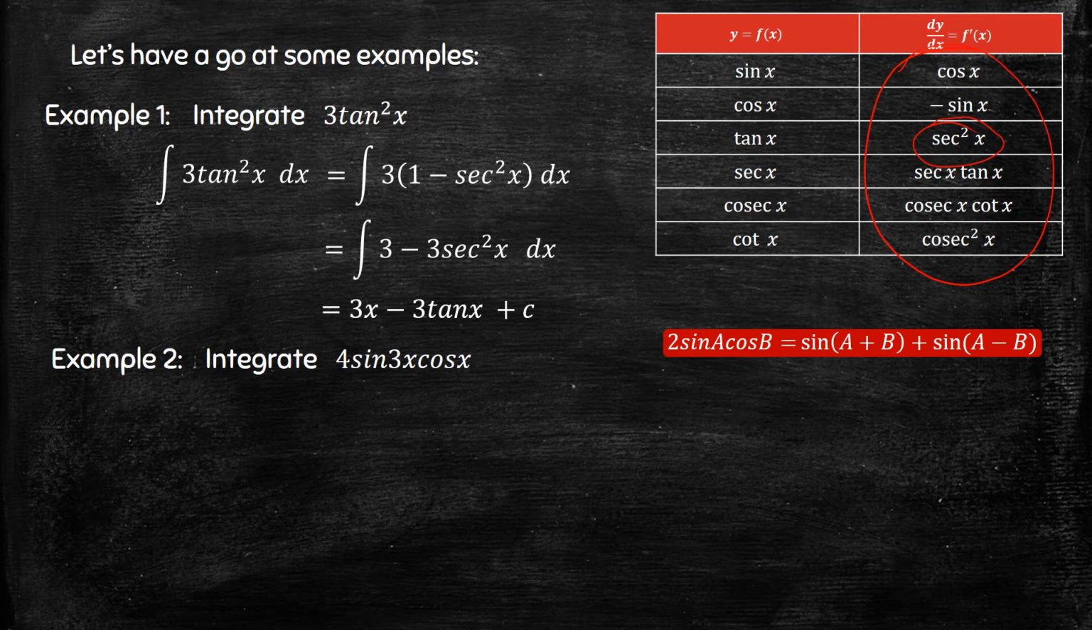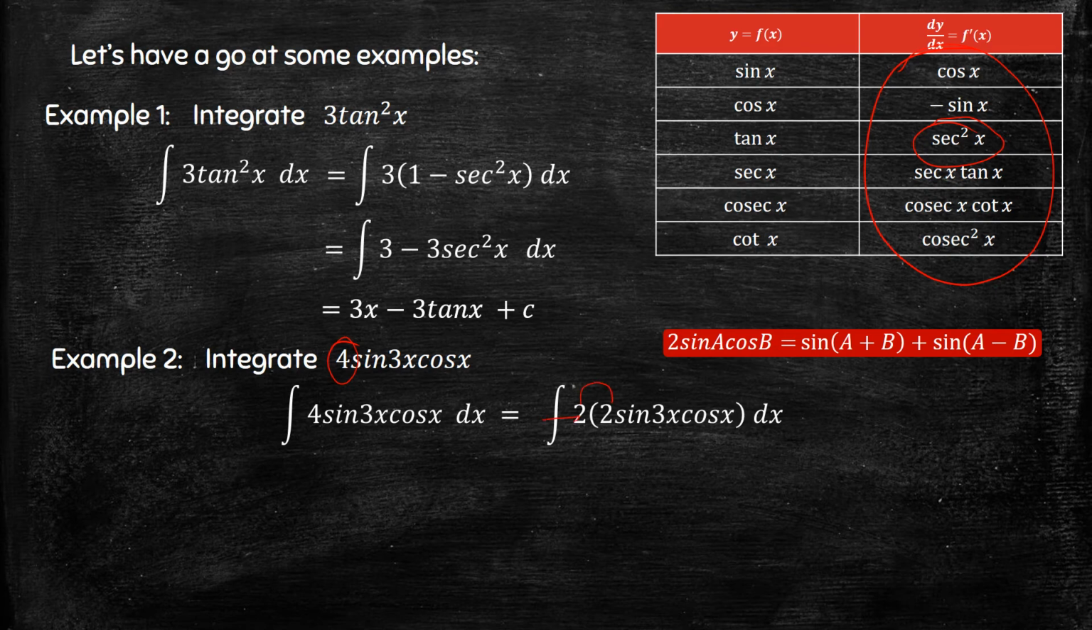And here's another example. So we've got 4 sine 3x cos x, and if you notice there's a rule on the formula sheet that says 2 sine a cos b equals sine of a plus b plus the sine of a minus b. So this is a 4 though, so what we're going to do is make it 2 times 2. And you can actually pull that 2 right out the front because it's just a coefficient, it just stays there anyway. So now we've changed it, so we've got 3x plus x equals 4x, 3x minus x equals 2x. And if we integrate that,